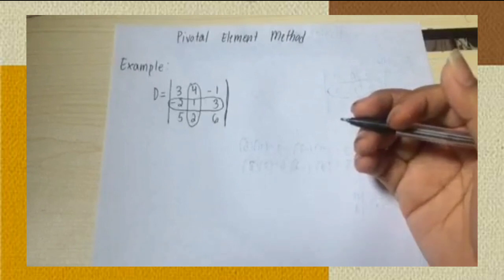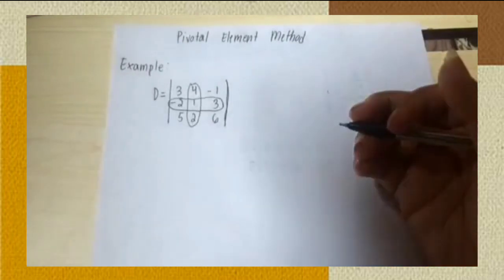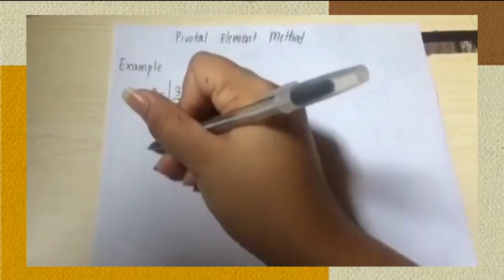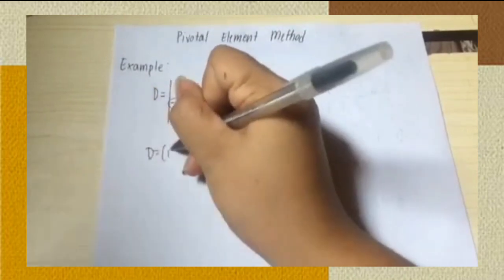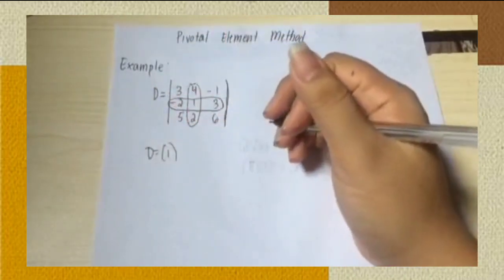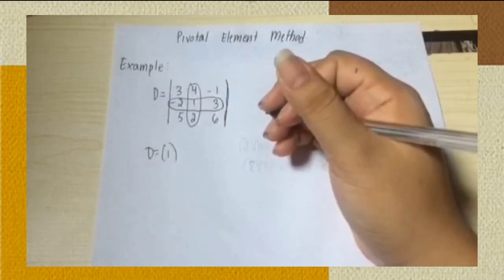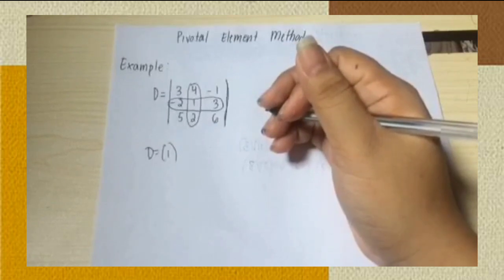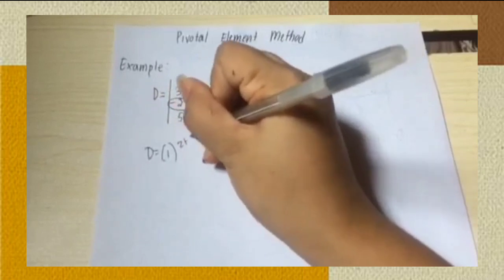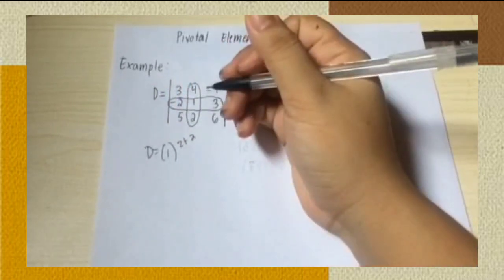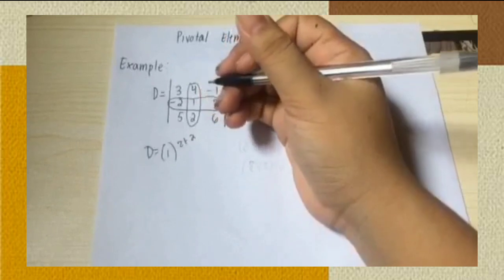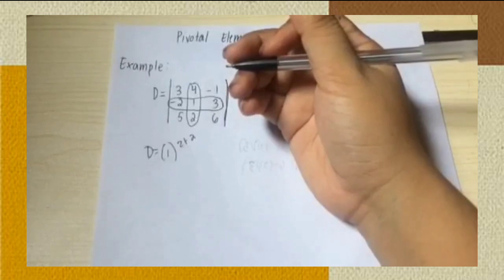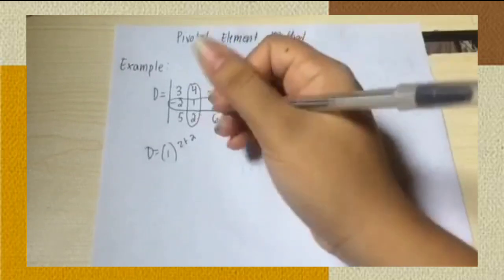At pagkatapos, kapag na-crossing at nalocate na yung ating pivot, there will always be negative 1 raised to the sum of the position of its row and column, which in our case is negative 1 raised to 2 plus 2. Kasi ang ating pivot ay nakalocate sa row 2, column 2. Kaya 2 plus 2. And ang ating mga entry ay